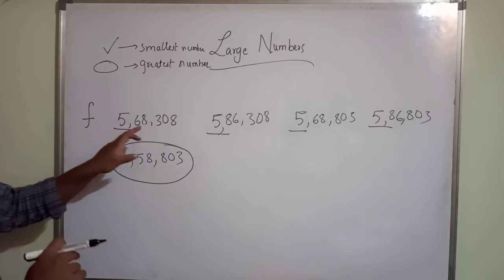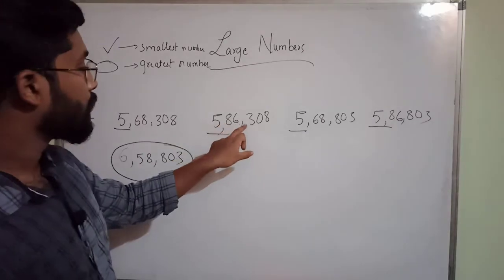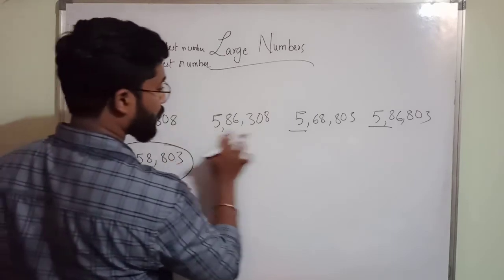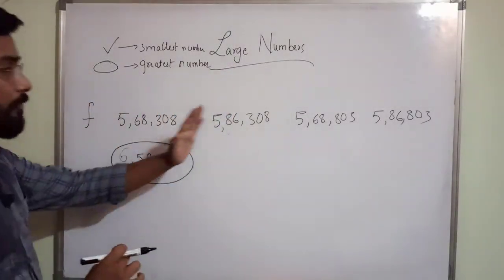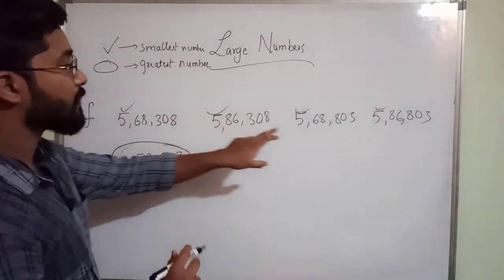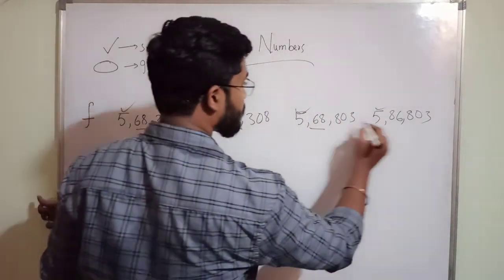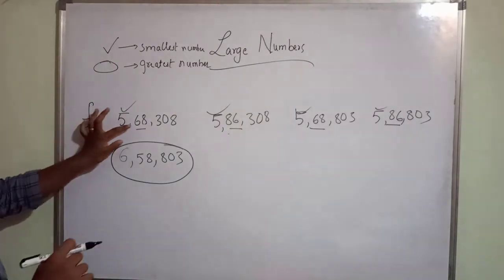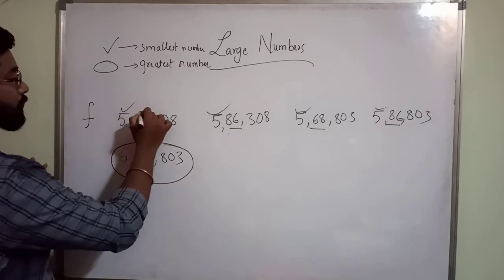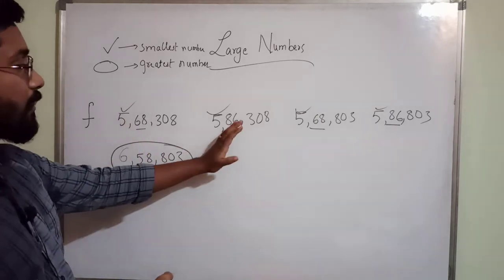That one is completed. Next, among these three digits, 308 and 803. Here we are having 68. 5 lakhs is obviously common. 68 and 86. In these two, this is the series 86, 86, 68, 68. Okay, we have concluded that this one is the smallest one. I mean 68,000 is smaller than 86,000.